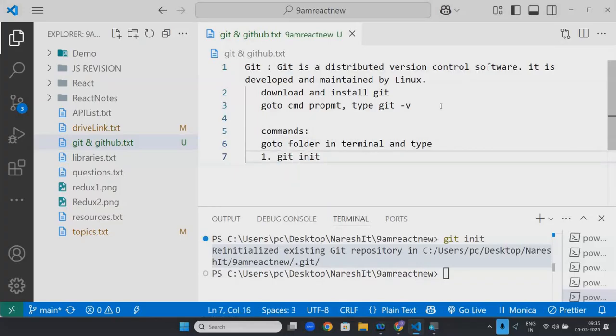It will initialize the Git, which is a working environment.